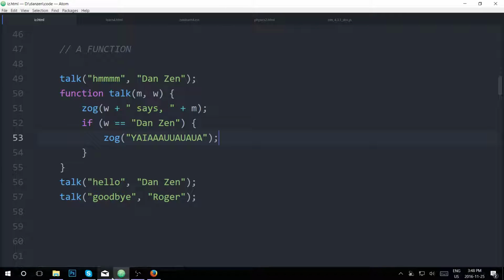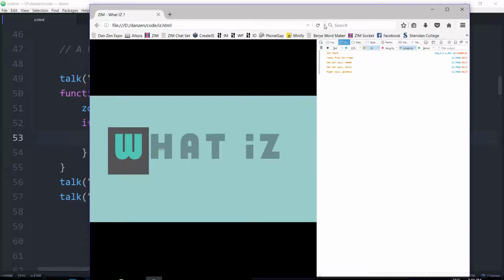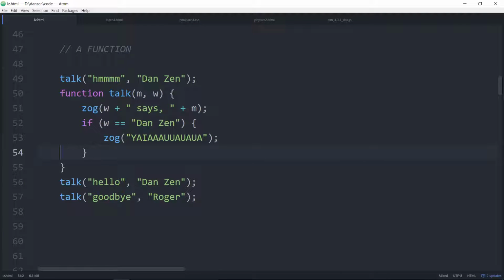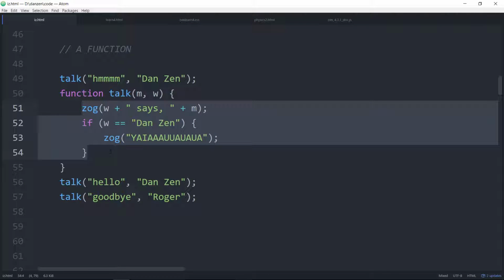Oh, I've got a fan club. Woohoo! So we come here and a refresh, and it says, Dan Zen says, oh, and the crowd goes wild. Dan Zen says hello. Yeah, woo! And then Roger says goodbye. Silence. Poor old Roger. So there's a function with a lot of things in the body, and often functions have,